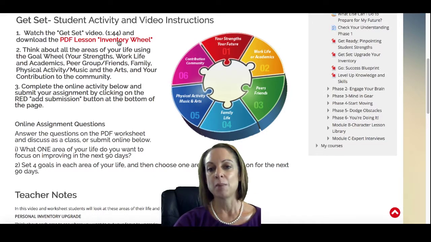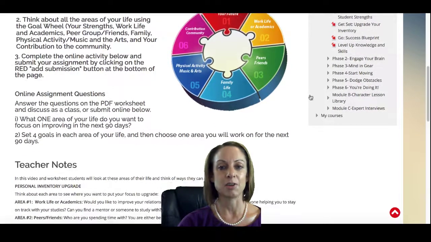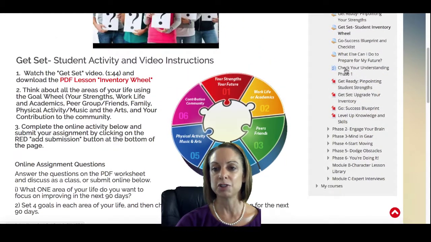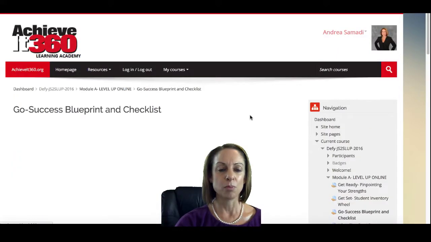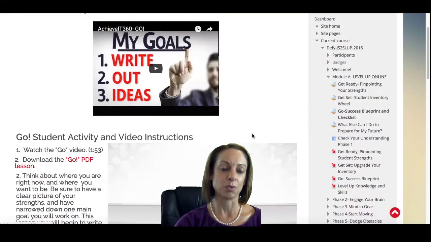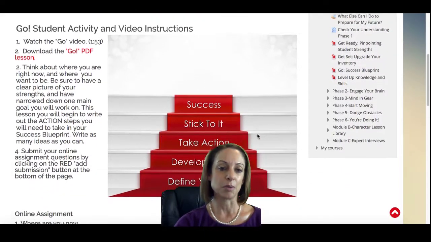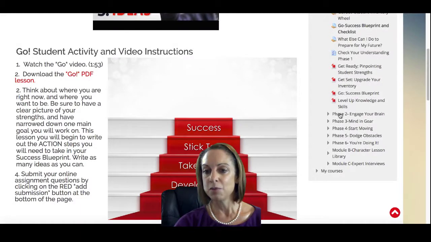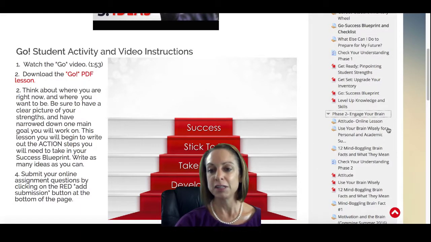They want to upgrade their skills in some of these areas. So they have a chance to have a look and some reflection on those areas. And then they create their own blueprint and checklist for what exactly they're going to be working on. What are their goals? And then they move into phase 2, engaging the brain.